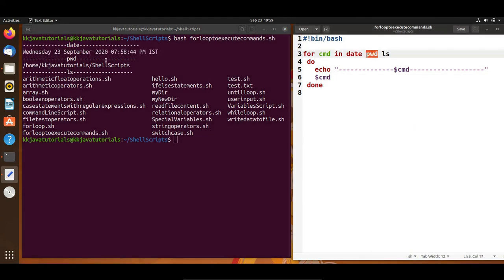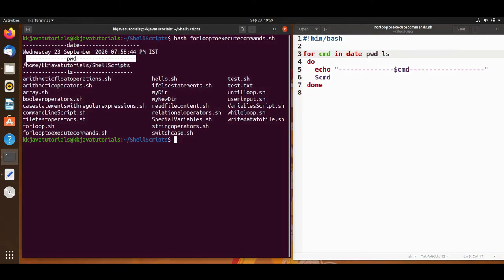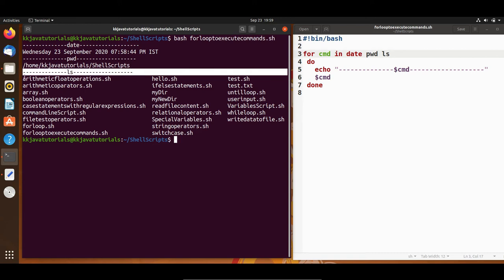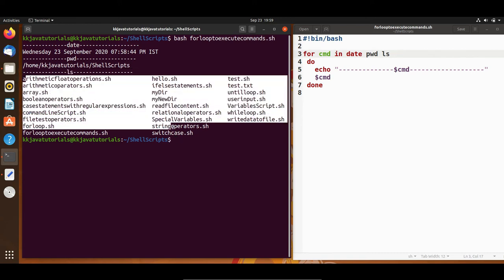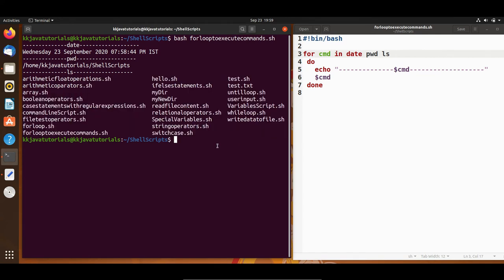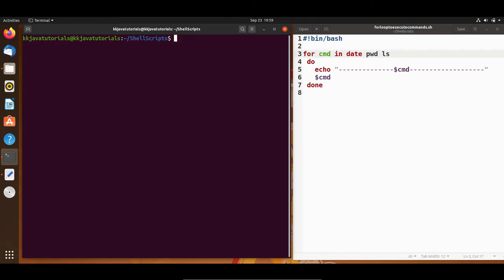Here you can see the name of the command got printed, and this is the output of the command. And finally the ls command got executed, which lists all the files and directories present in my current working directory. So you can see how it works.